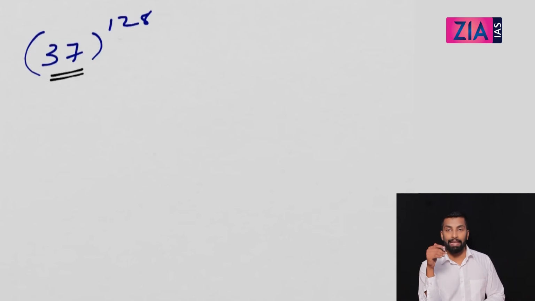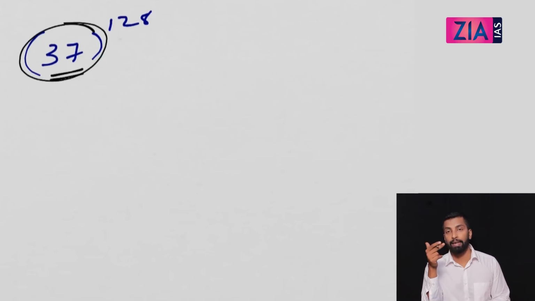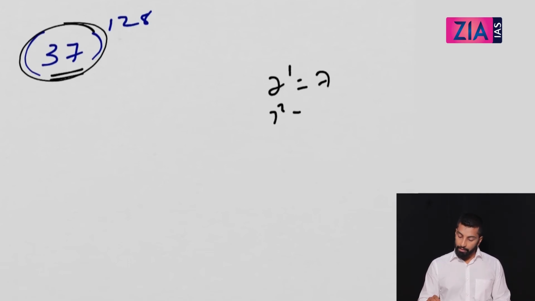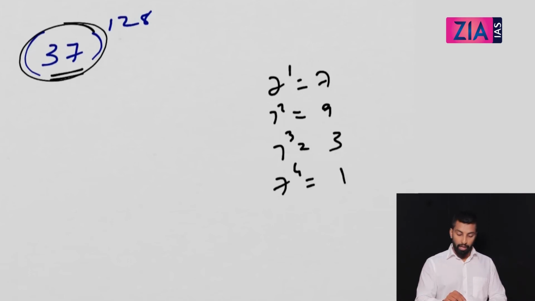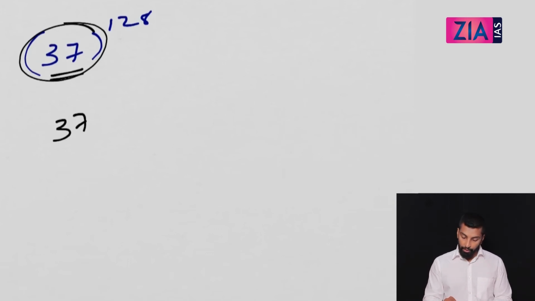So what about 7? If you have 37 raised to, let's take 128. See, for 7 also I don't have a direct method. I need to do exactly the same thing that I have done in case of 3. I have a direct method for 1. So convert this number in such a way that in the bracket you should get a number which is ending in 1. So 7 raised to which power will end in 1? You take 7 raised to 1 is 7. 7 square is 9. 7 cube is 3. 7 raised to 4 is 1. So here also I need to write it as 7 raised to 4. So how will you write it? 37 raised to 4 raised to, you write it as 32, right?